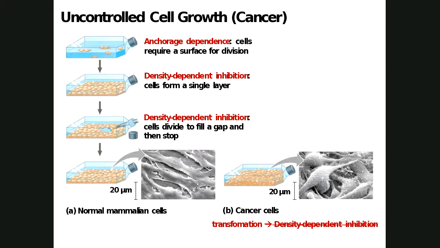Many times in animal cells, that's going to be like a collagen foundation. And they're going to grow until they form a single layer. So they're going to grow in a single layer, and that's because they have density-dependent inhibition. Now, that's just a fancy word that means that the cells aren't going to grow on top of one another. They're going to grow in a single layer, and then if you have another layer of cells, they'll grow in a single layer.